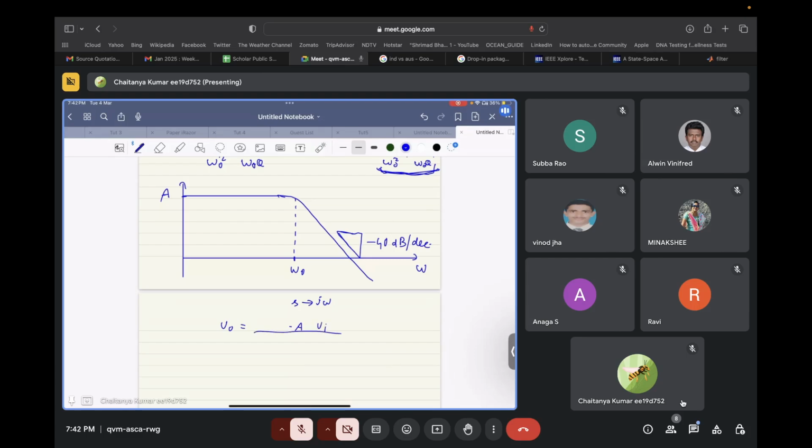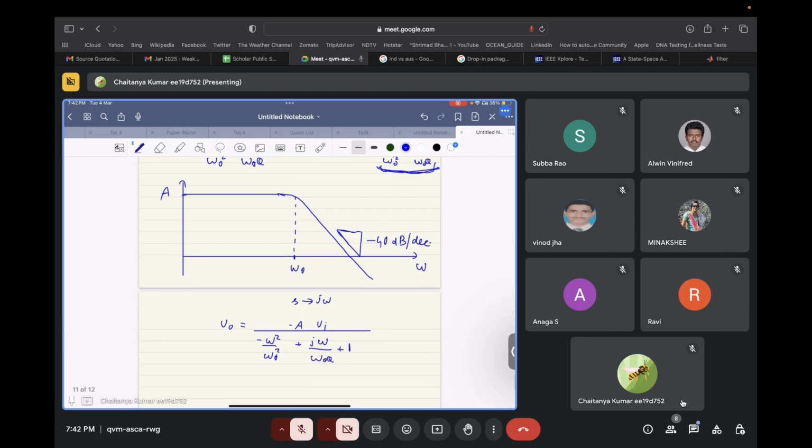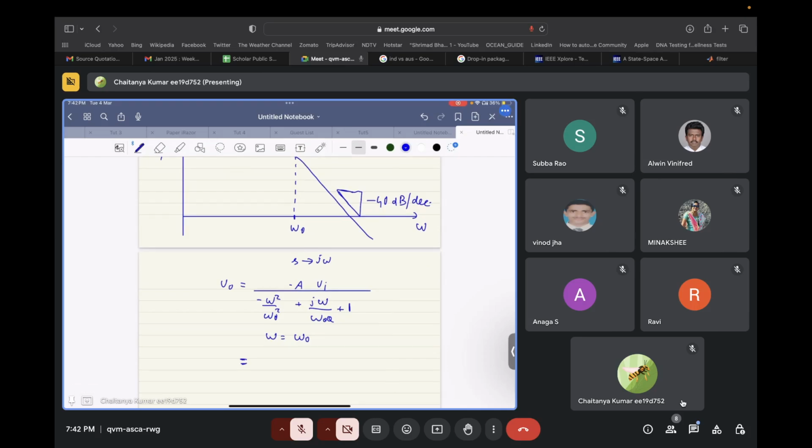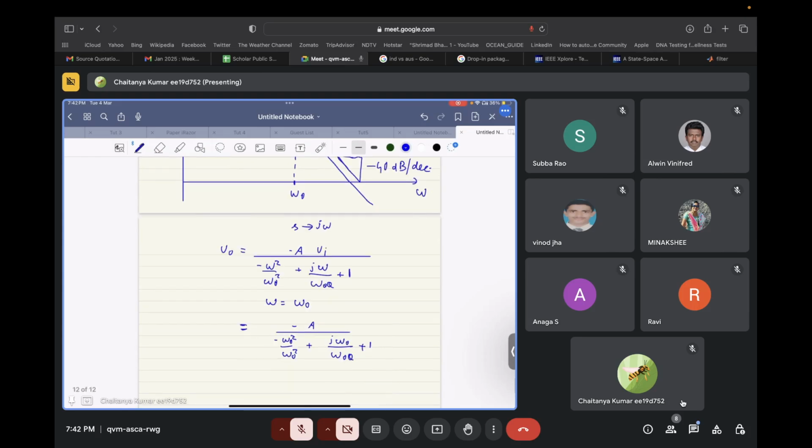So Vi is 1, of course, minus omega square by omega naught square plus j omega by omega naught Q plus 1, right? And at omega equal to omega naught, we have minus A divided by minus omega naught square by omega naught square plus j omega naught by omega naught Q plus 1, and this will be equal to,